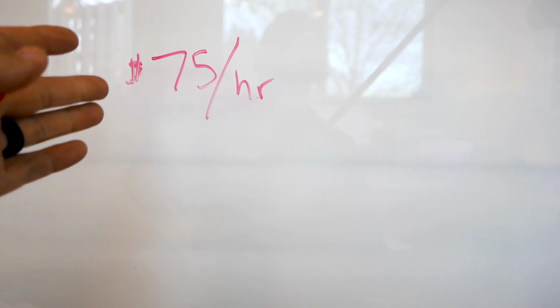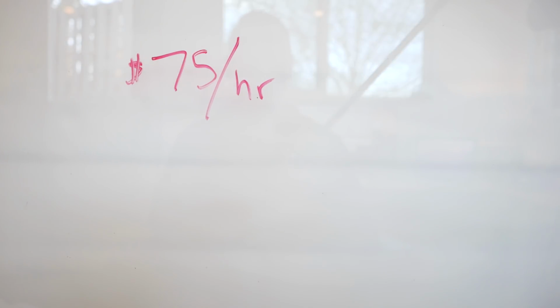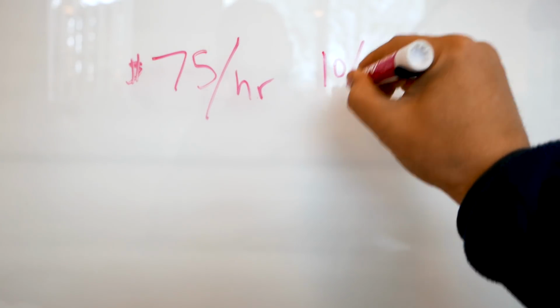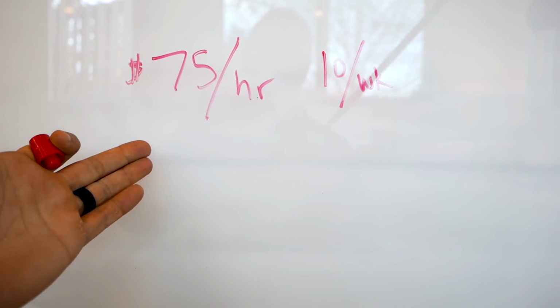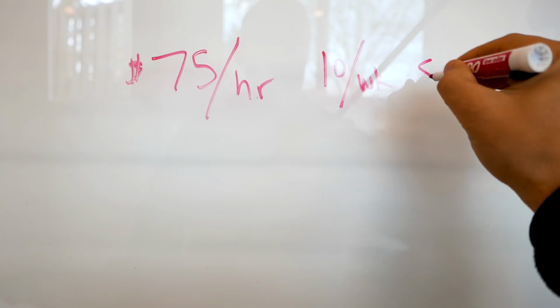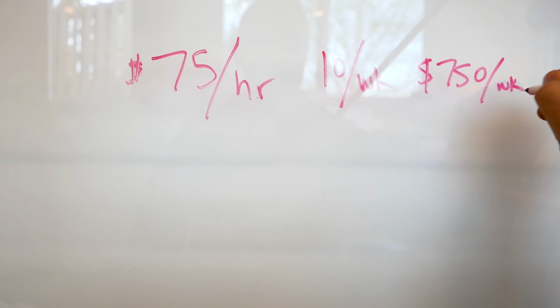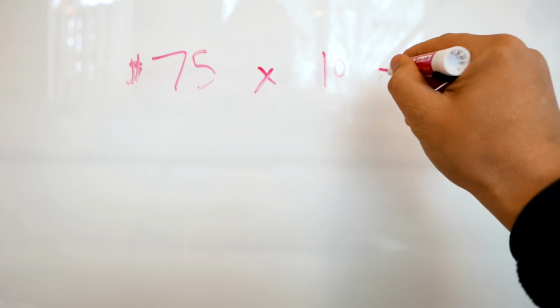I would say we use 10. I think in the spreadsheet that I shared last week, the assumption was 10 billable hours per week. And I know that sounds crazy, but think about the actual amount of time that you're able to bill a client from a freelancer standpoint. 10 hours may be pretty accurate. So let's say your billable rate needs to be $75 an hour over 10 hours per week, right? So that means that you need to be able to bill at what? $750 a week. Middle school here, 75 times 10 equals